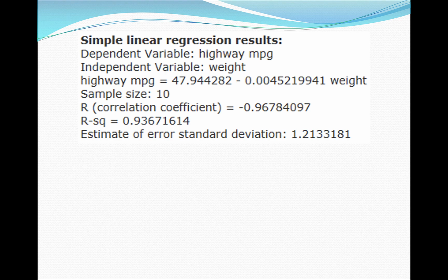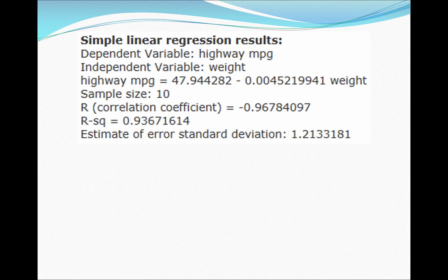Of course, the dependent variable here, that's your y variable, just like in the graph, that's your highway miles per gallon. The independent variable, that's your x variable, that is our weight. So the next thing that you'll see here is the equation. That equation is one of the main things that you're looking for. This equation says highway miles per gallon, we can also just write that as y, equals